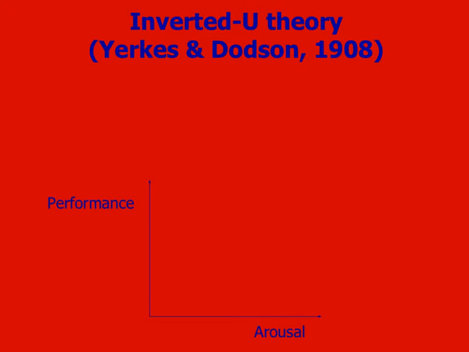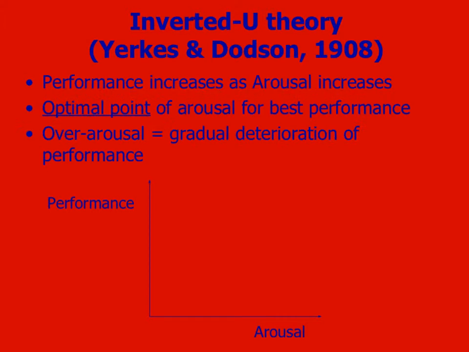So inverted U theory, again, just sketch the graph and a couple of key points around inverted U. So inverted U theory, so performance increases as arousal increases up to an optimal point, which is in the middle here, with middle levels of arousal, where our best performance takes place according to inverted U theory. Once we get over aroused, then we see a gradual deterioration in performance, with higher levels of arousal reducing the